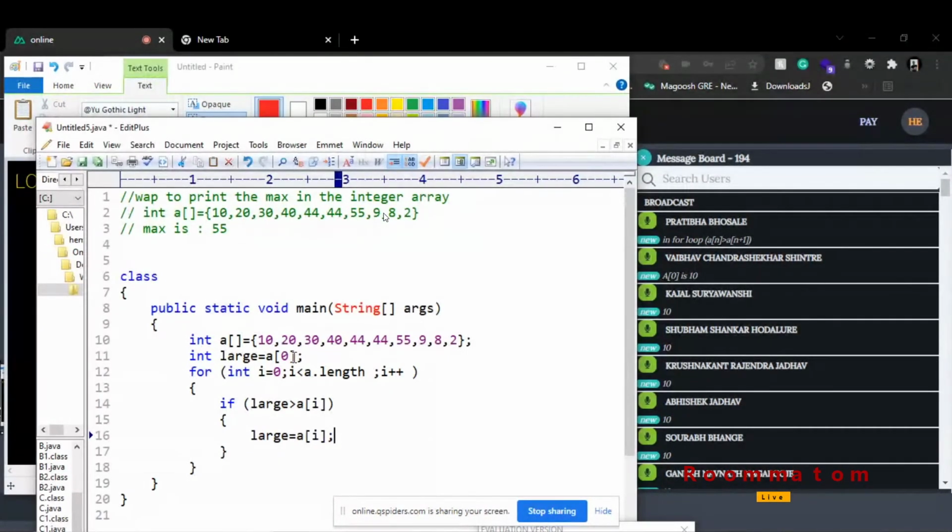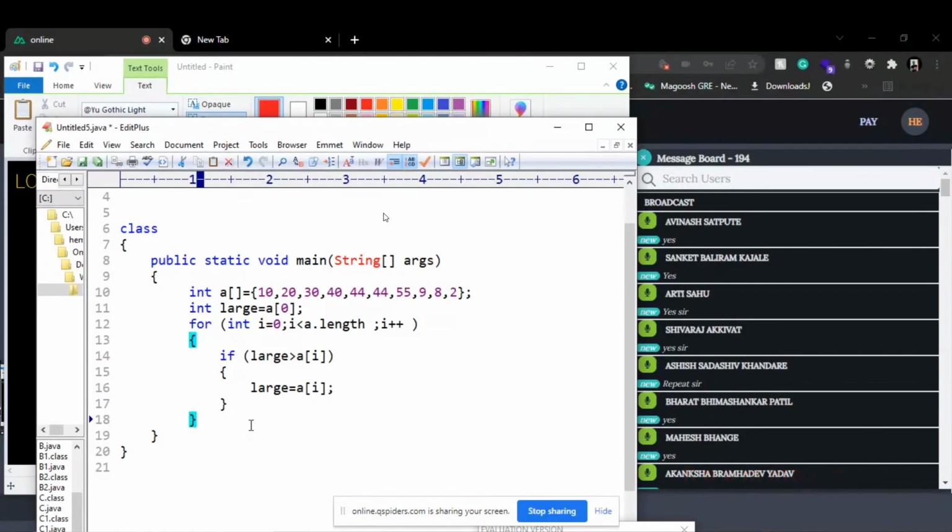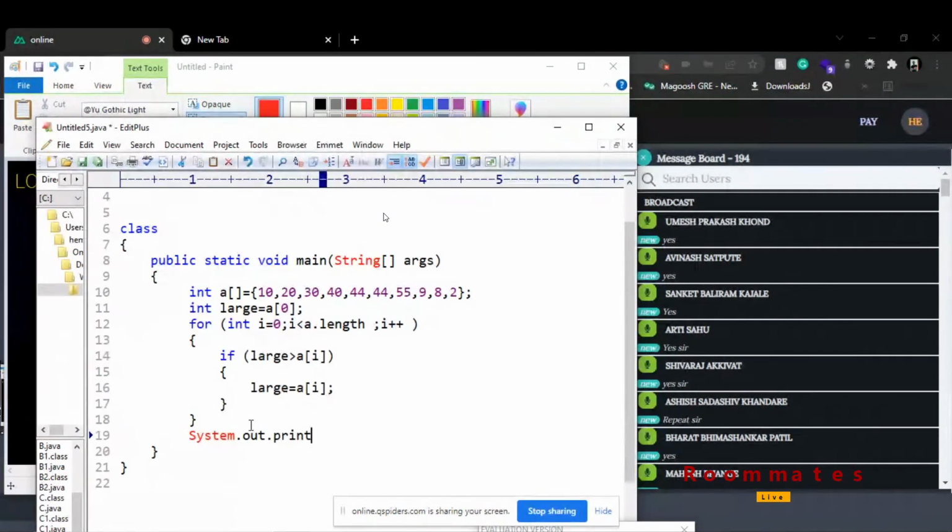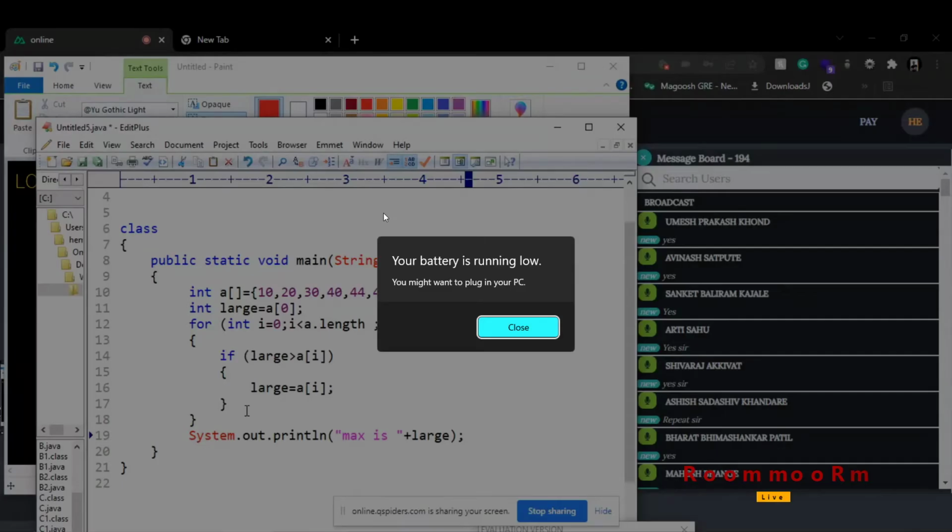Yes. Now let us try to understand what we are doing. Please listen very carefully. Suppose I have one array: 10, 20, 30, 5 and 55. Out of that, I want the maximum value. To get the maximum value, first I need to check my entire array, from this end to this end, to see all the elements. Then only can we get the maximum. Without looking, is it possible? Not possible. We have to traverse the entire array, and that is why we use the for loop.